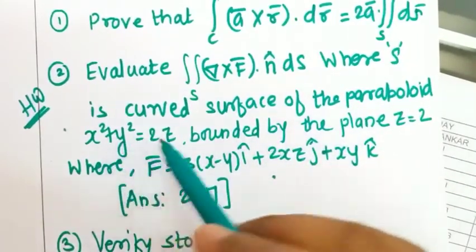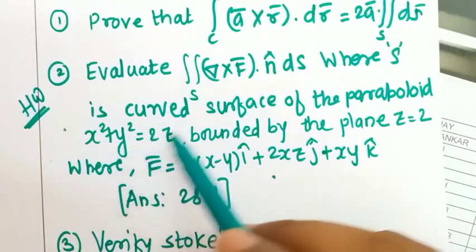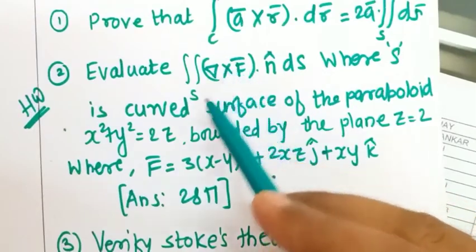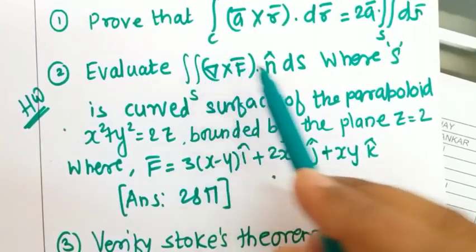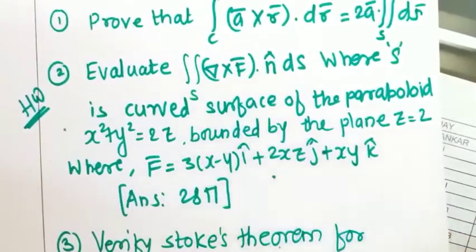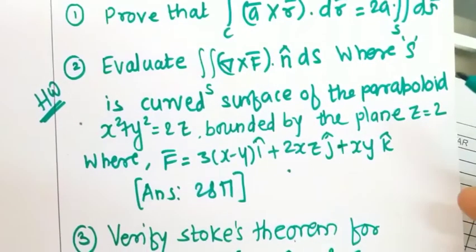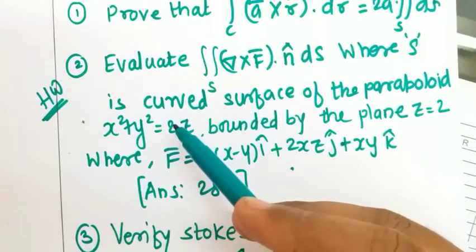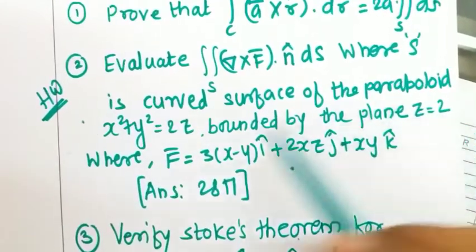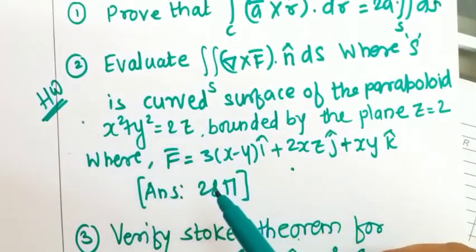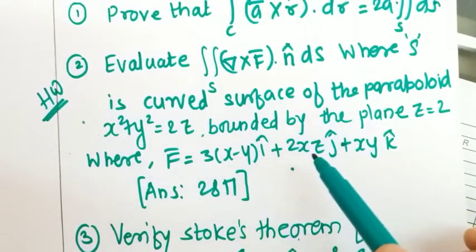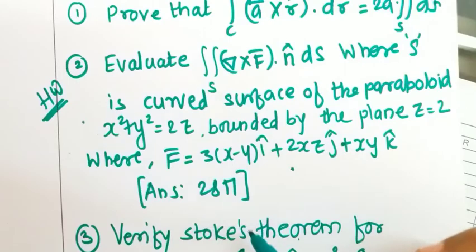You will get a circle as the curve of intersection, because here we are going to calculate the double integral using Stokes theorem. It means we need to calculate the right hand side, which is a single integral, a line integral over C, and C is the circle. When z equal to 2, you will get x square plus y square equal to 4. So accordingly you proceed in this example and try to find the line integral, and the answer for this problem is 28 pi. This type of problems we have already done.